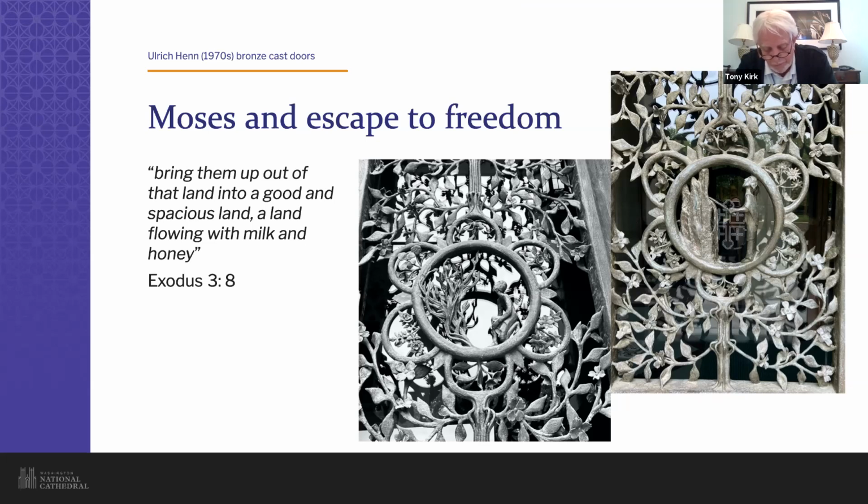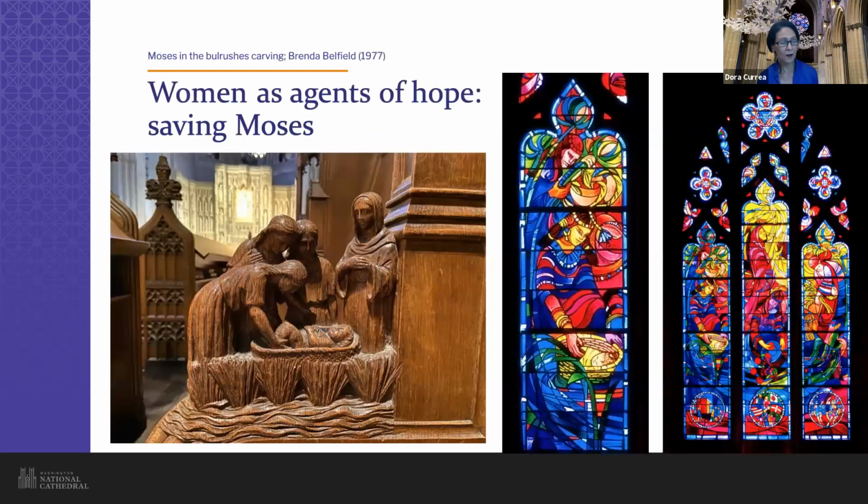On the right, Moses is using his staff to get water from a rock to quench the thirst of those fleeing from Egypt. This artwork honors the women that nurtured Moses. In the carved oak armrest on the left, we see how Moses, thanks to the efforts of his big sister Miriam and his mother, was saved because they put him in a basket and hid him among the bulrushes